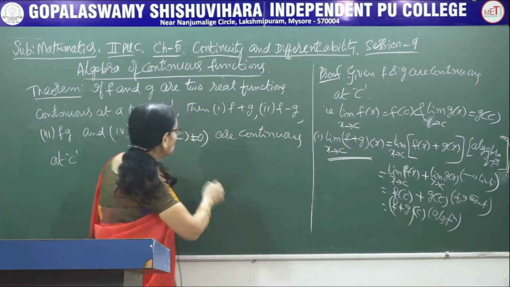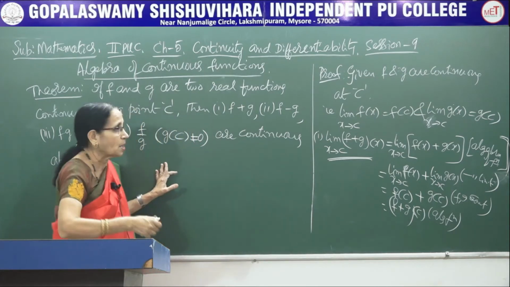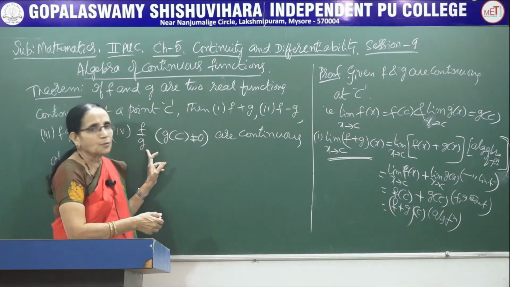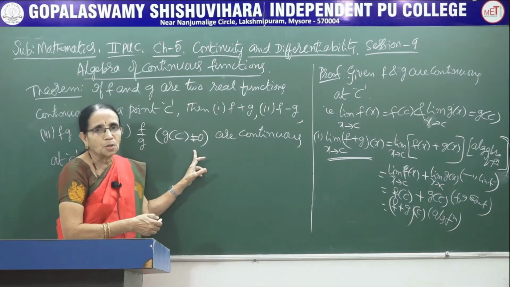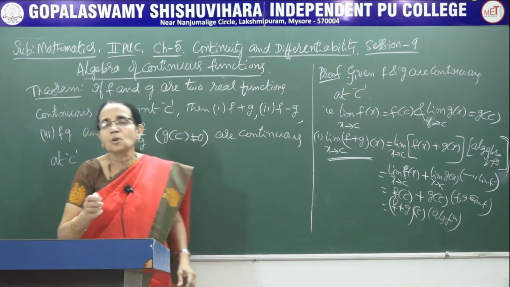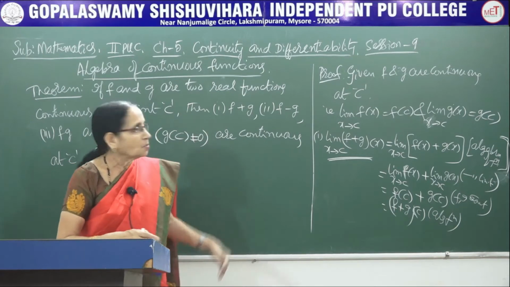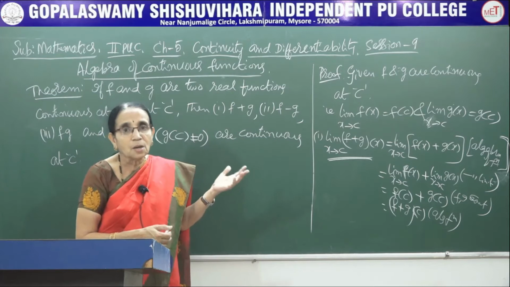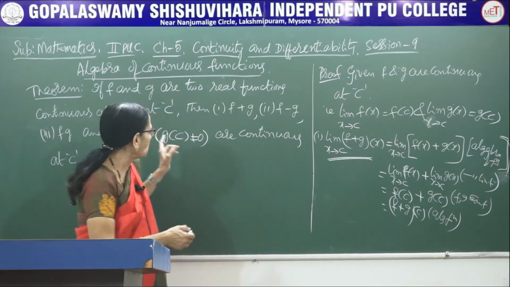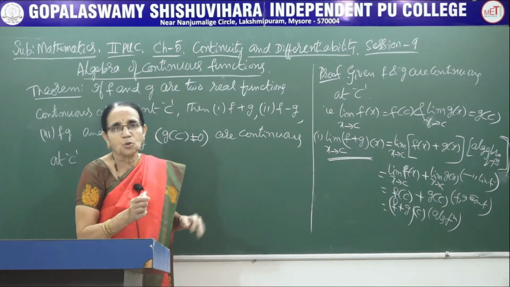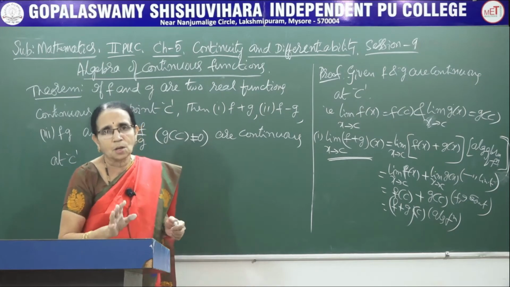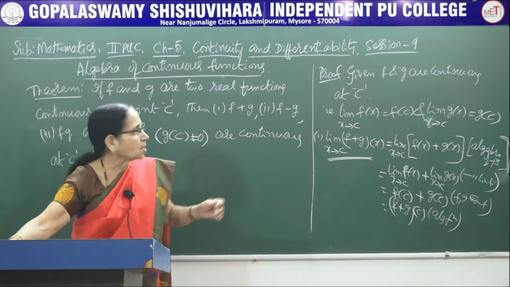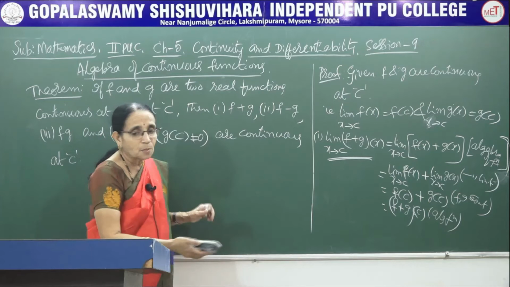But here when you consider the quotient, you have to be careful that when you give the value c to the function g, it should not be equal to 0, because you know that whenever 0 comes in the denominator position, we cannot take that into consideration since division by 0 is not defined at all. Therefore, whenever you have a quotient, you make sure that the denominator is not equal to 0. Under that condition, we can define the function. So, this is the procedure.